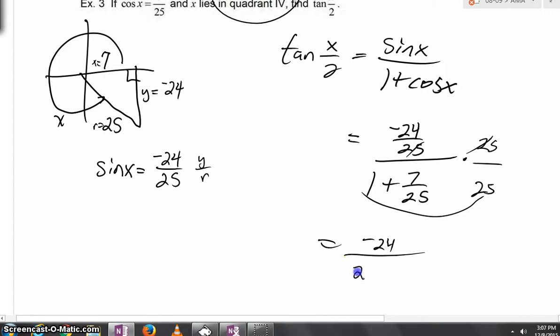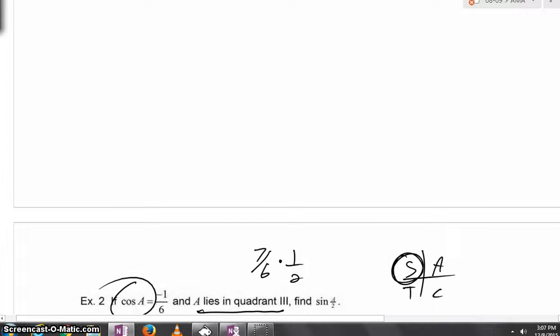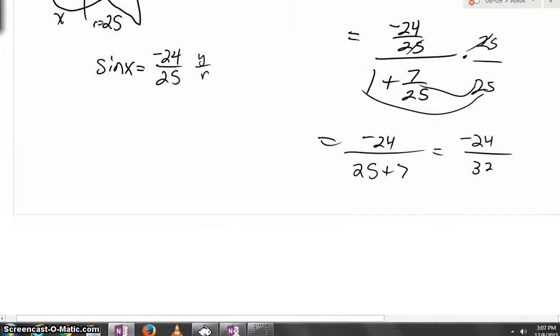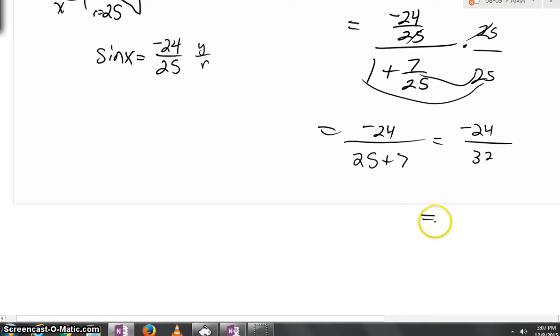Down below, you'd have 25. Plus, over here, you'd just have 7. And 25 plus 7 would be 32. You should reduce if you can, and I believe we can. Divide out an 8. If we divided out an 8, we'd be left with what? Negative 3/4. And then we're good to go. Okay? All right, so